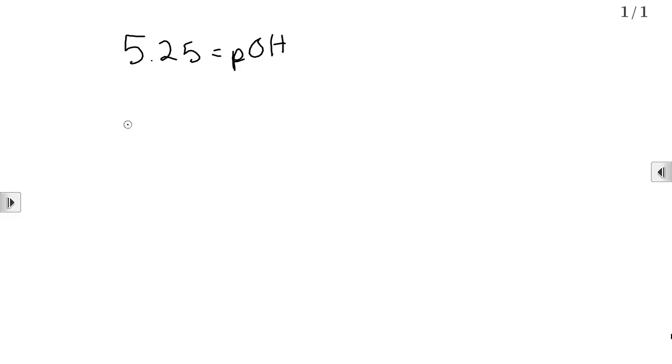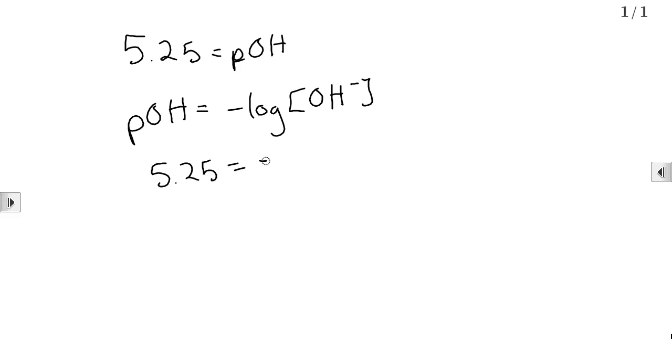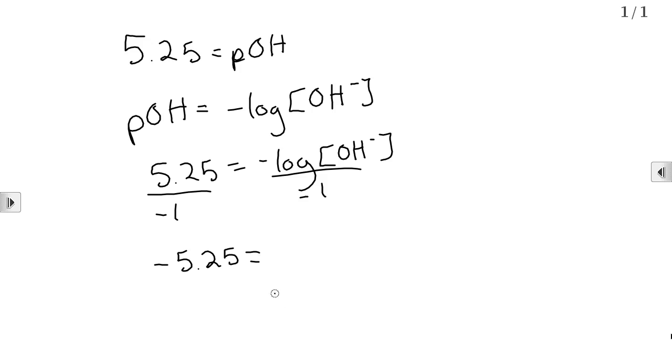And so pOH, this is what I want. The negative log of the hydroxide ion concentration. What we need to do here is solve for this little guy. So I got 5.25 is equal to the negative log of the hydroxide ion concentration, that's what I'm looking for. Don't skip the step, it's worth your time. Divide by -1, divide by -1. And so I got -5.25 is equal to